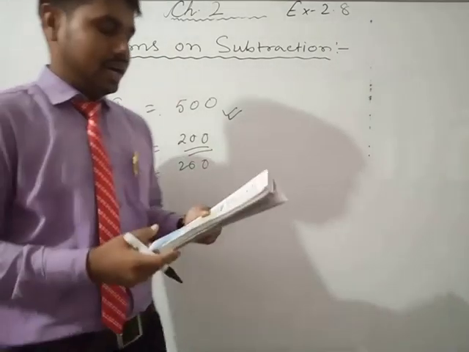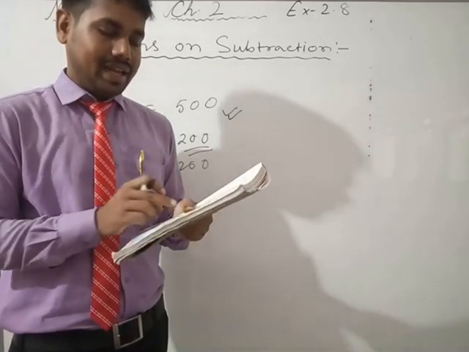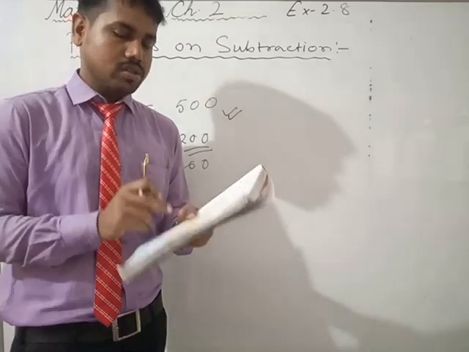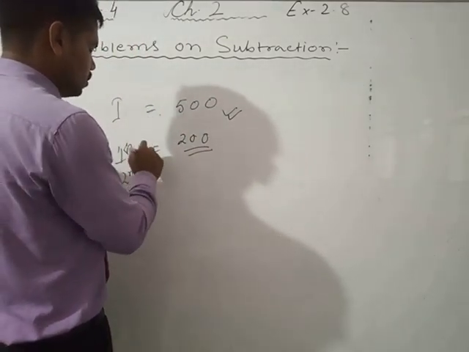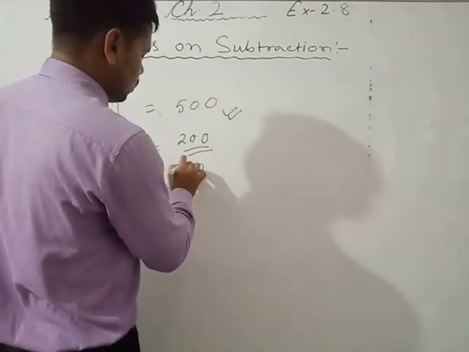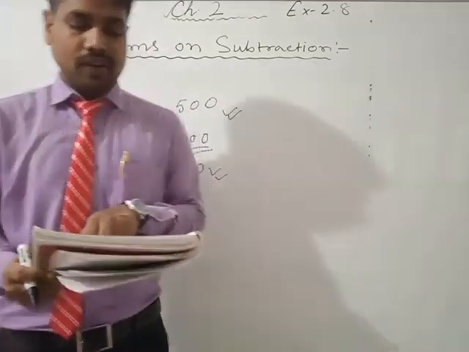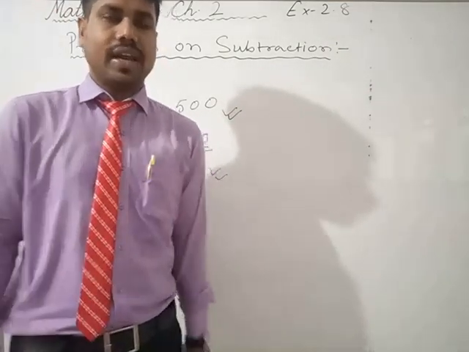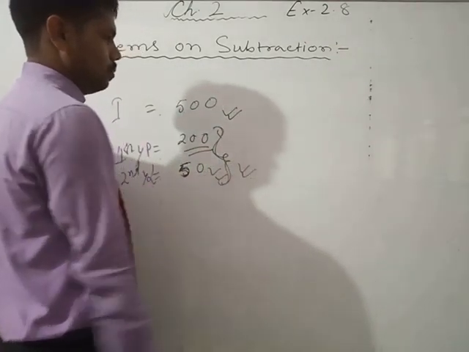Okay, so now it is asking... no, in the second year he has not got a profit. First year he got a profit, but second year he faced a loss. So suppose I am saying second year I lost, not profit. This is first year profit, second year loss. So second year suppose I lost 50 rupees. So you have to find the net amount he will get at the end of the second year. That you have to find out.